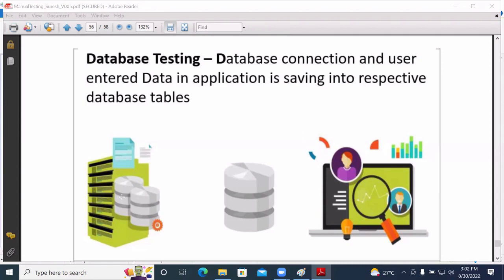As a tester, you should at least have basic knowledge of the database, such as how to retrieve data from one table and how to retrieve data from multiple tables.